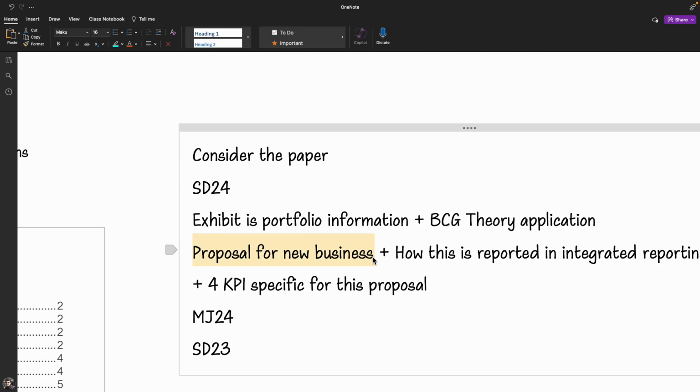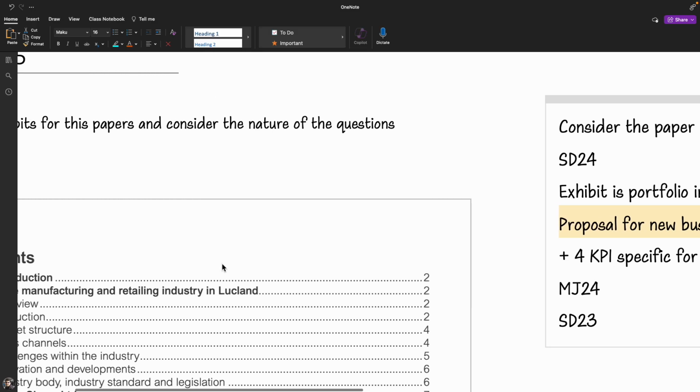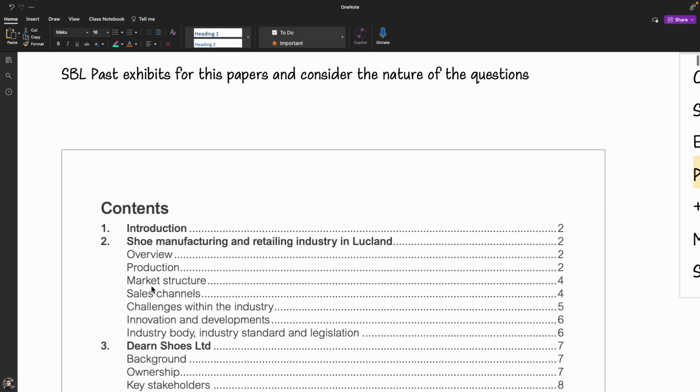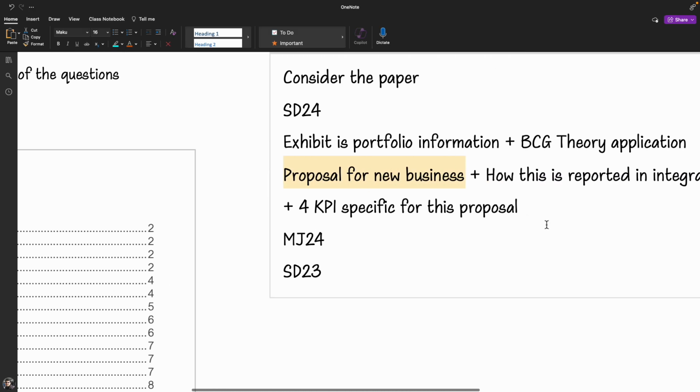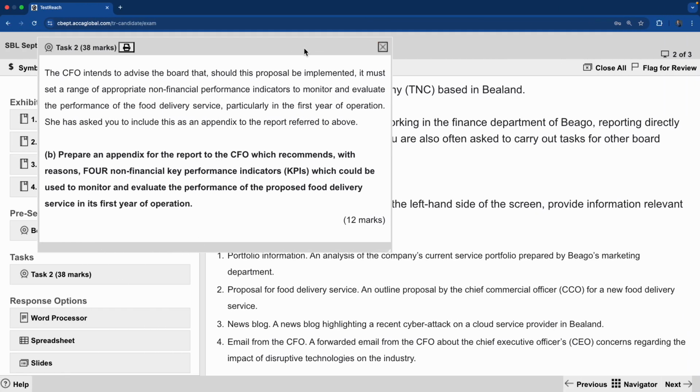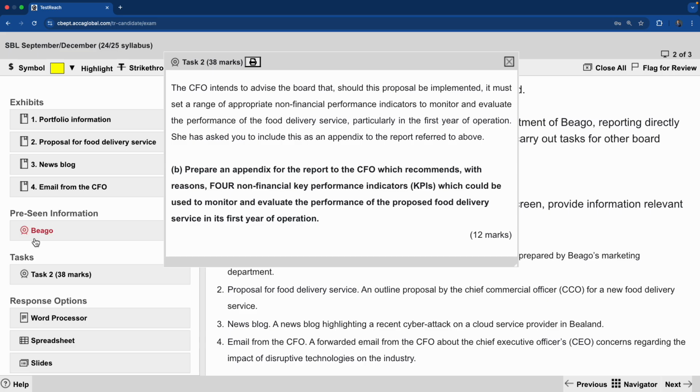You see, it's a proposal for new business. You wouldn't have been able to catch anything from the pre-seen. Does that make sense? You wouldn't have been able to catch anything from the pre-seen for that case in terms of this. But you could say, remember, if you look at this part, there was some information